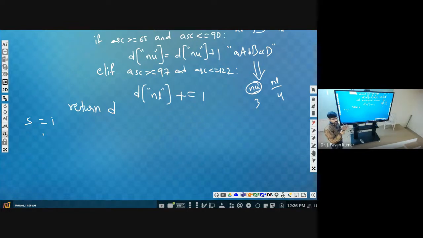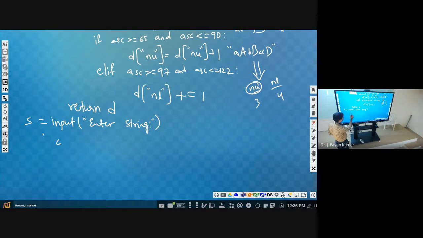String only. Suppose the number is the input, meaning integer, then we have to use integer to convert that string. But string itself is the input, so we can use input directly. Understand the difference? If we are taking a number, then whatever string we get, we will be converting to integer. That's why integer of input we will be using. But we wanted to take the string itself, so we will be using input directly. So S is equal to input of string, then we will get the string.